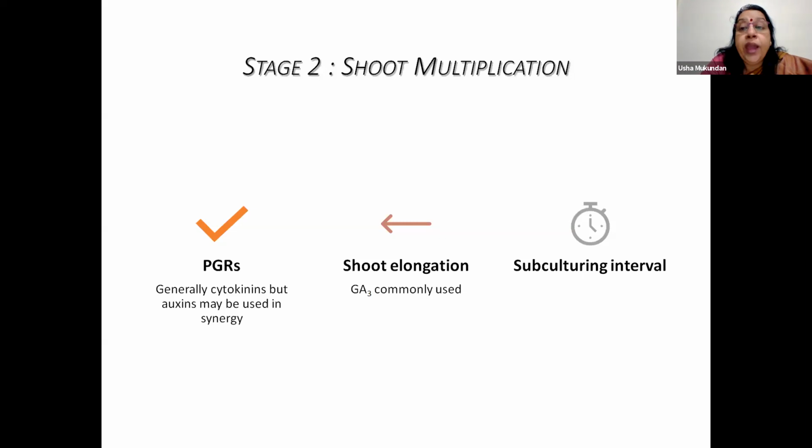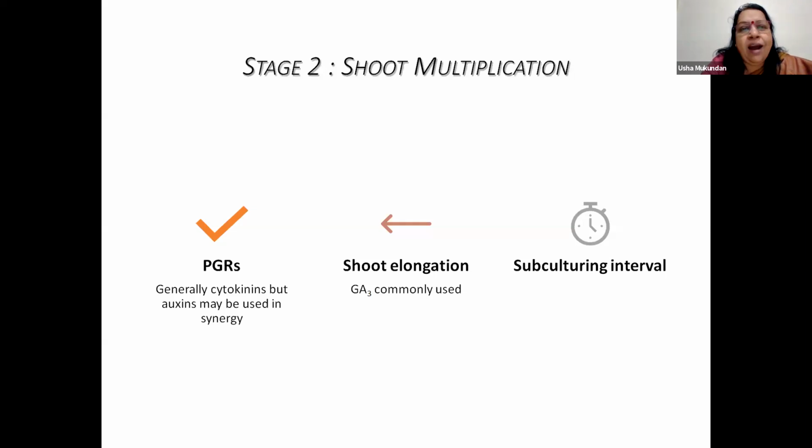Now, in vitro, when many shoots are produced, they get crowded. At that time, you can observe some shoots will be small, some will be larger, and some will be medium. The reason is they are competing with each other for space and for the nutrients which are available. Therefore, when you want to wean them out, when you want them to be ready to transfer, the number of shoots in one container should be made less.